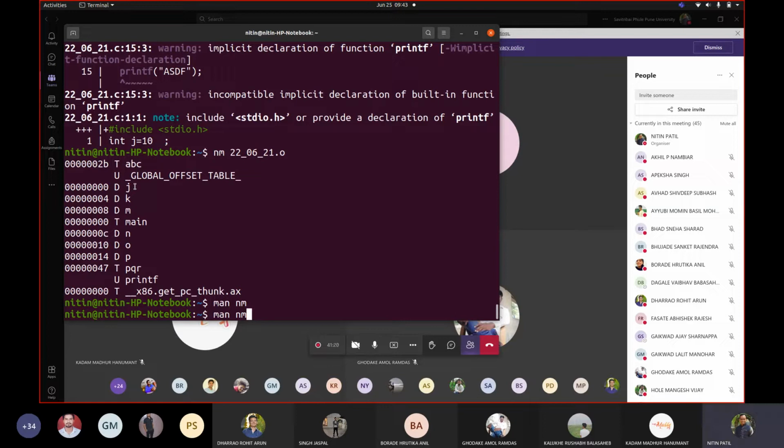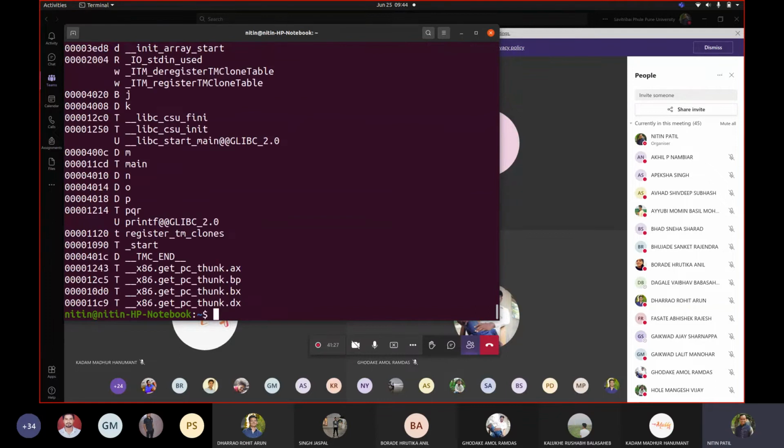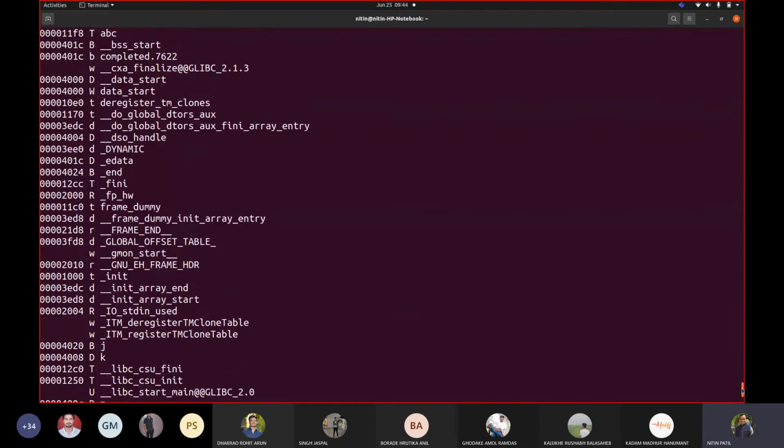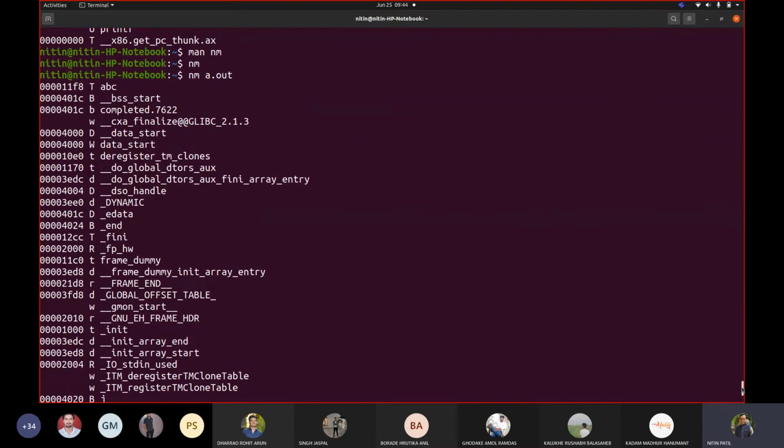Now, if I see the same thing for my executable, which I saw now for an object code, the number of variables would be much more. Correct. Now let us go up for a while. Everything would be added. This is your block starting with symbol BSS. That's why that capital B, and then D, then W, and so on.